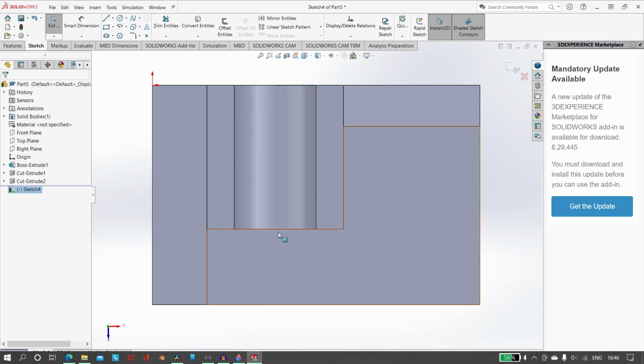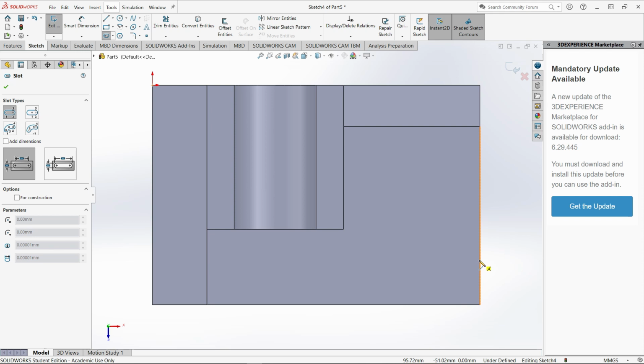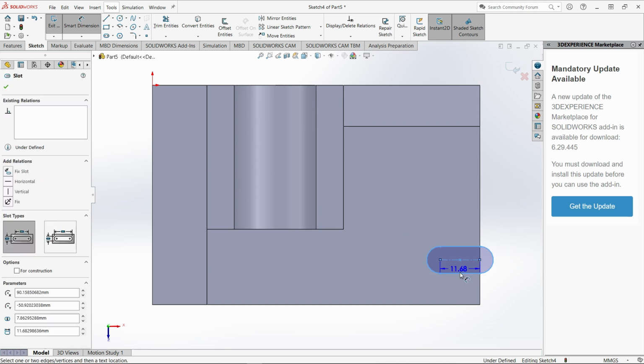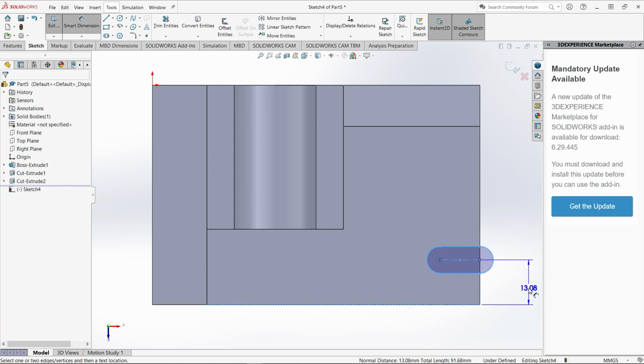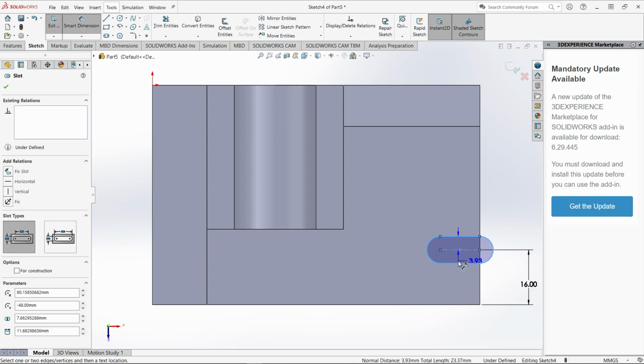That is 16 by 20. I will just create this slot. I'll keep one point over here and another point here, and I'll just create this rough figure. Let's dimension this. From this mid plane or the mid line to here is 16. Then this to here is